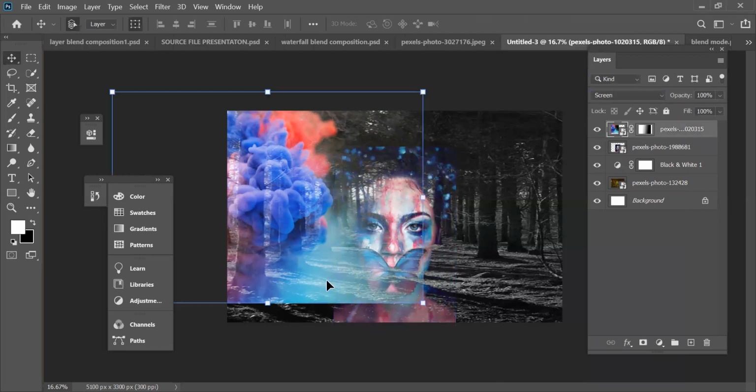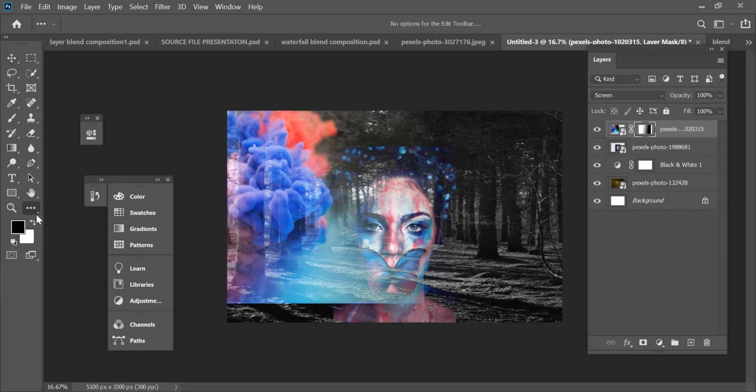And also I would just go on this layer and use my brush and just, you know, remove this area I don't want.